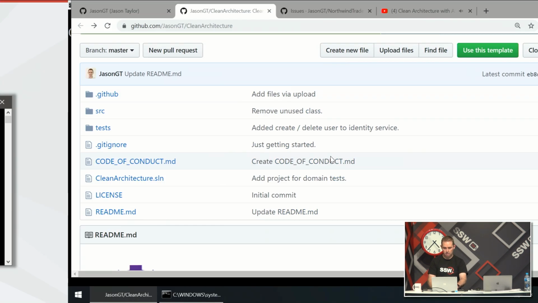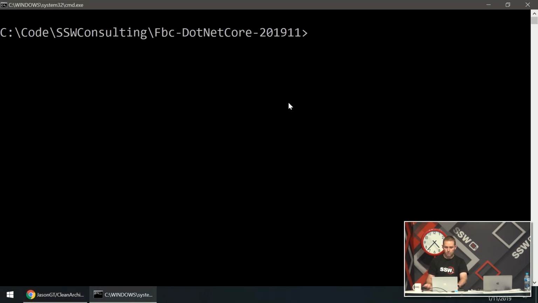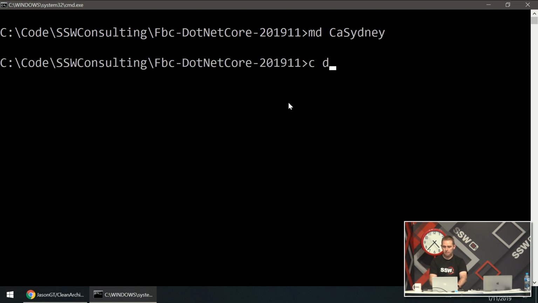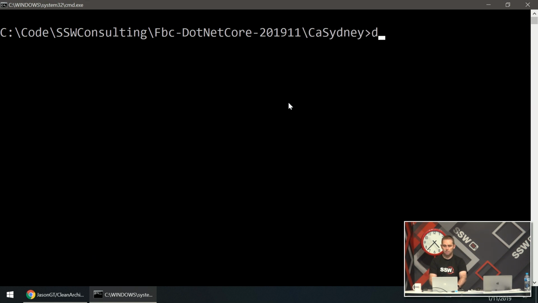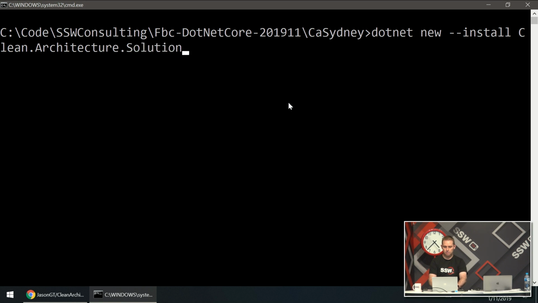Let's have a look at that in action. I'll create a new folder, make directory clean architecture Sydney, cd CA Sydney. So it's an empty directory, right? So if we go dotnet new install clean.architecture.solution.template, that goes and gets the NuGet package, installs the template, and then displays a list of all the templates,